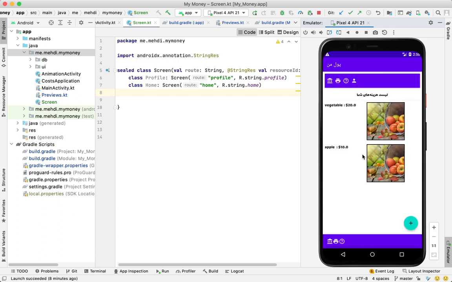and it is working with a room backend. It is saving in a room database. Currently the images are shown in a random manner. These are selected randomly, but now in this video I'm going to